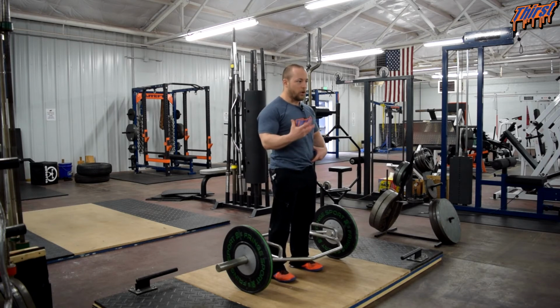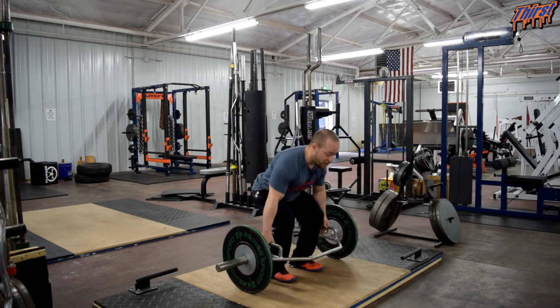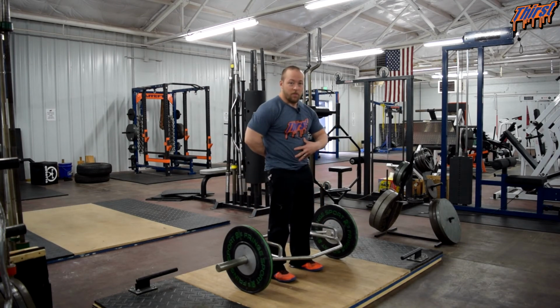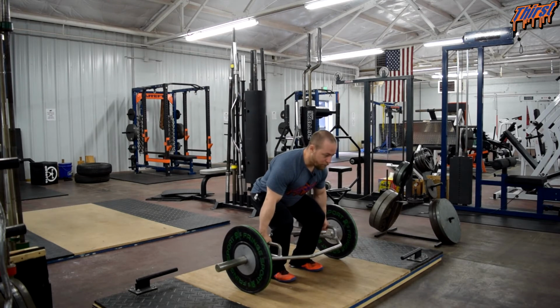We want to create that cylinder pressure here to stay good and rigid. So breathe in through my nose or in through your mouth, whatever one you want. In, feel it, brace hard, come down. That's going to help create tension down here, so that when I go to push, my spine's good and rigid and all this stays locked in and we don't have to worry about all this breaking down as much. So breathe in, grab, push through your heels,